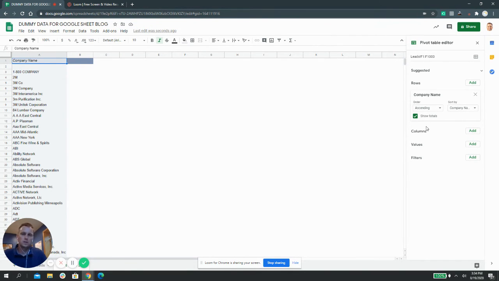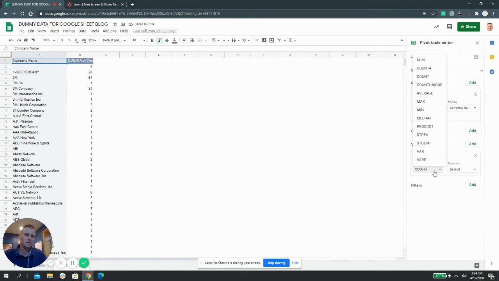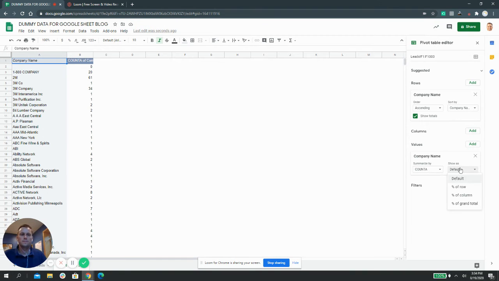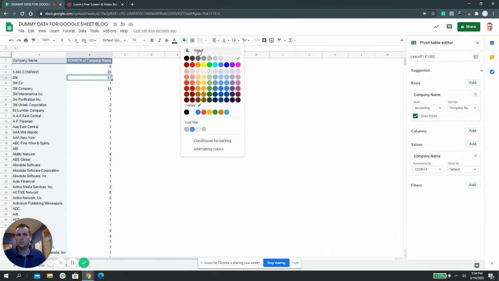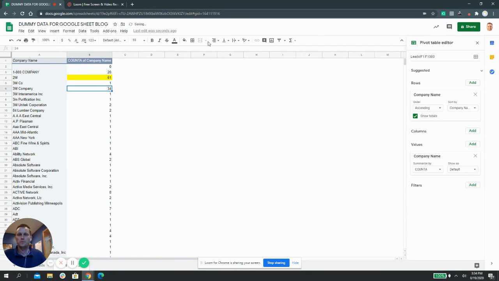And then we're going to go a step further and go to values, and then hit company name, and then you can summarize it all different types of ways. But I want to do a count, right? This way, it's going to add up the different company names of how many leads are associated with that company, right? So a very quick way of getting a bird's eye view of some of the